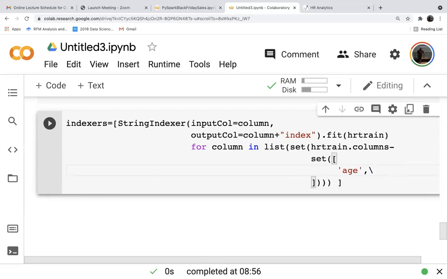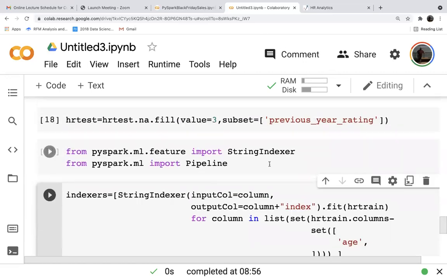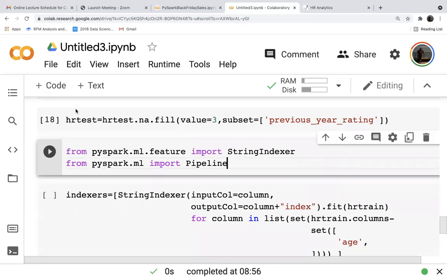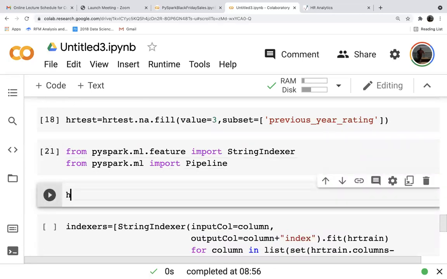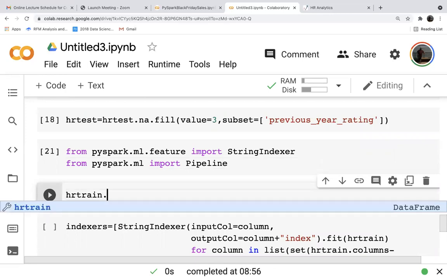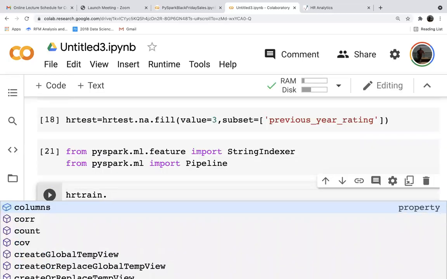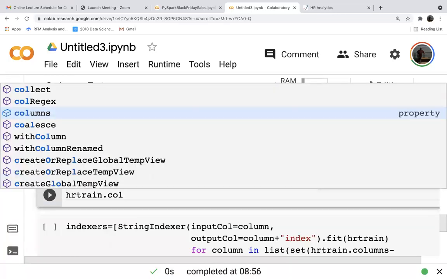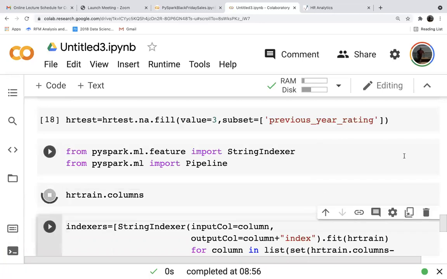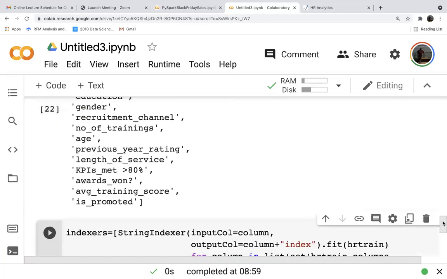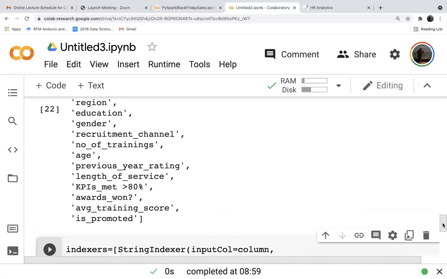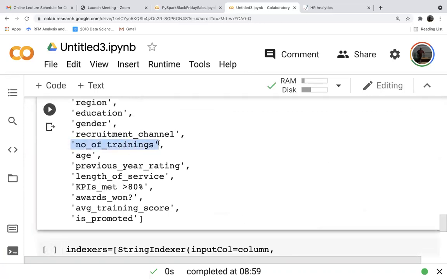You can copy from your previous run output, right? Like the cell number before this. No, I overwrote it. That's the problem. Let me write it. That way we will not make any mistake. HR train dot columns. So this is the best way. So age, number of trainings is one.